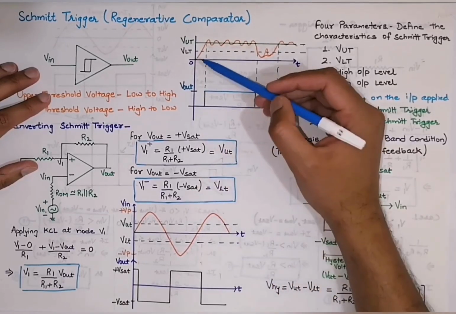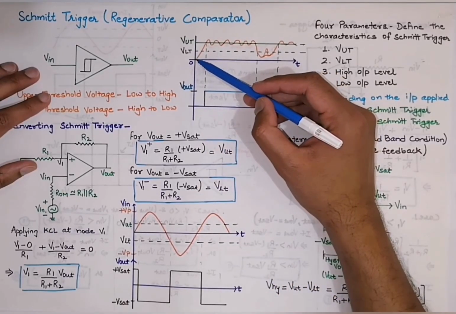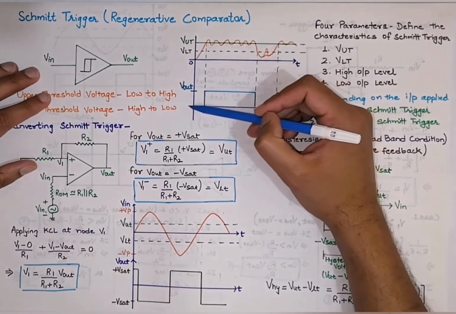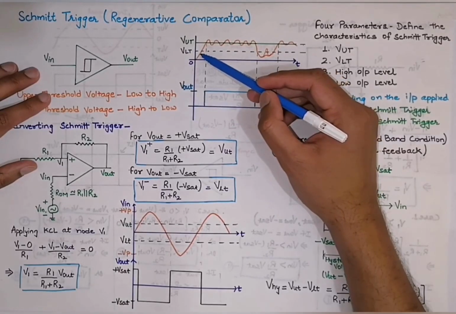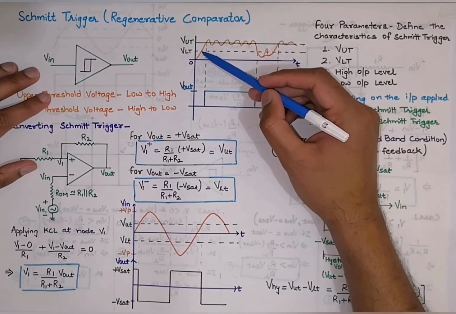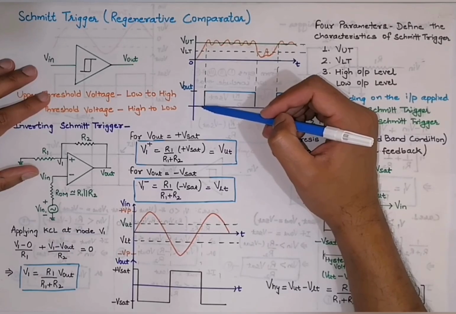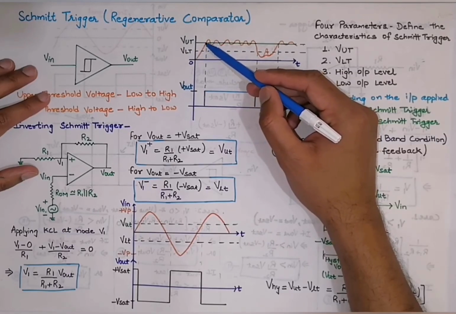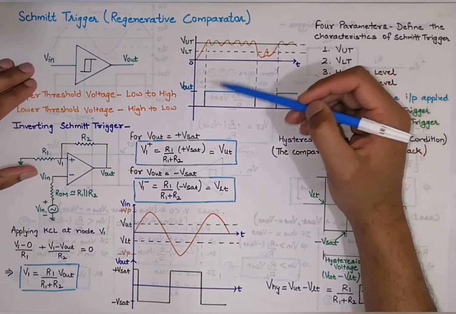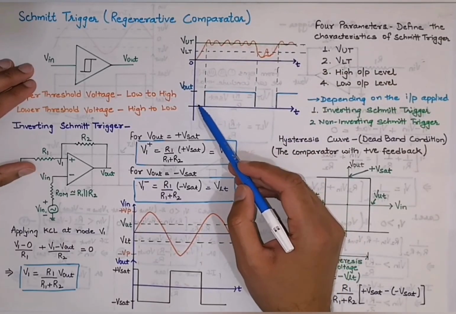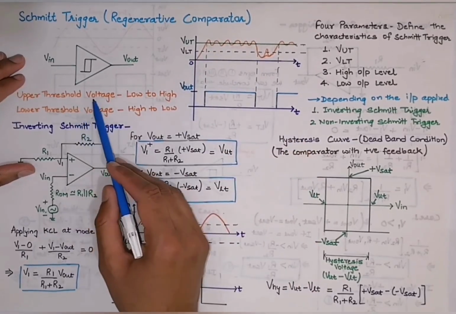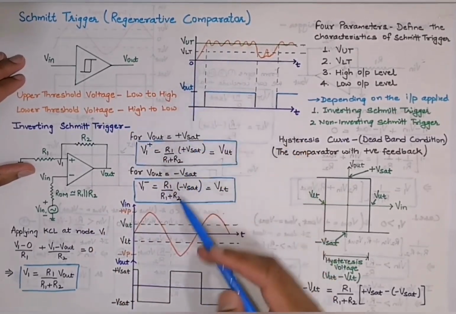Now you can see that our input signal is increasing from 0 volt and it is crossing the lower threshold at this point. Initially our output voltage is at 0 volt, but even after our input signal crosses this lower threshold voltage, the output is not changing. The output makes the transition only when the input signal exceeds the upper threshold value, or exactly at this point. It means while giving us a transition from low to high in the output, the threshold that will be applicable is the upper threshold voltage or VUT.